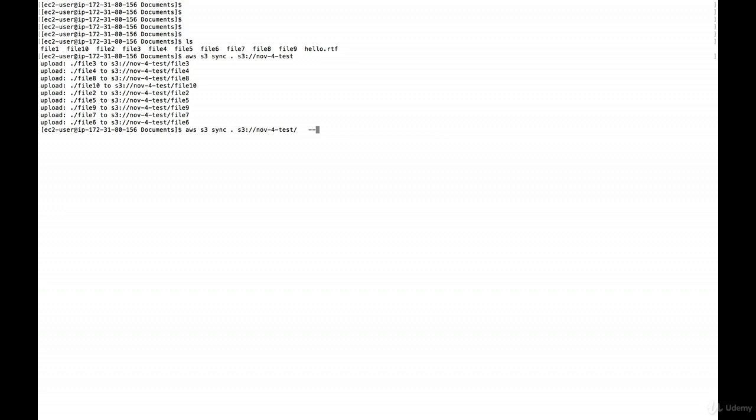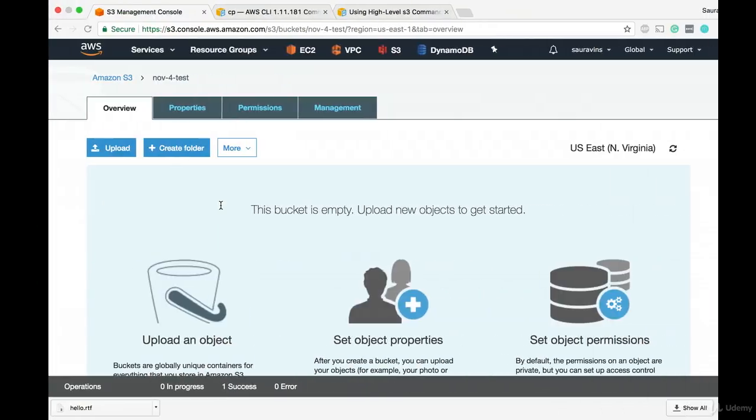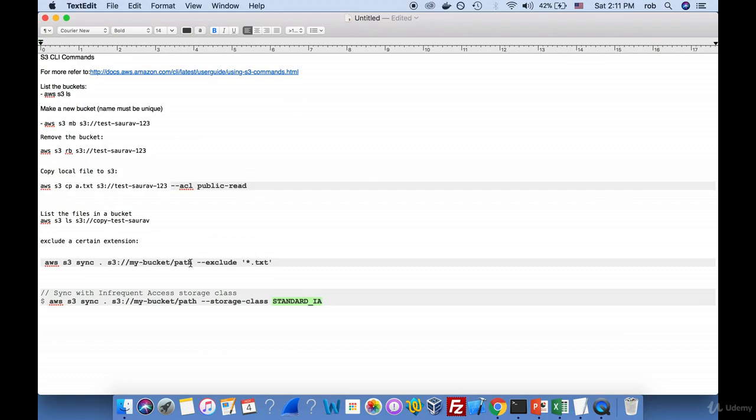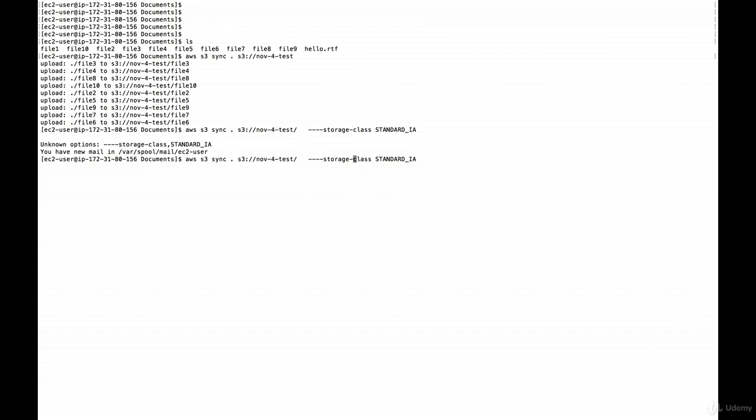So we could say something like storage class. Why don't we make the storage class infrequent access? So I could say I want this to be infrequent access. So I add this piece of text, storage-class STANDARD_IA, and I can also say